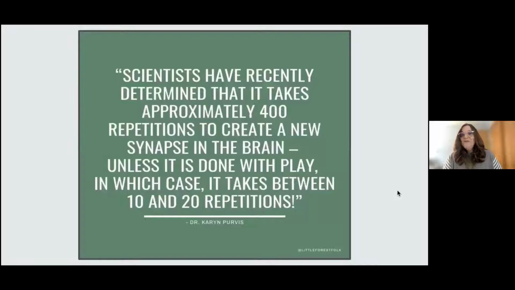All right, so now I love this quote and this fact, I guess, that scientists have recently determined that it takes approximately 400 repetitions to create a new synapse in the brain. Unless it's done with play, it takes between 10 and 20 repetitions. Now I'm going to say our switch users, it's still going to take probably close to 400 repetitions regularly to build that synapse,